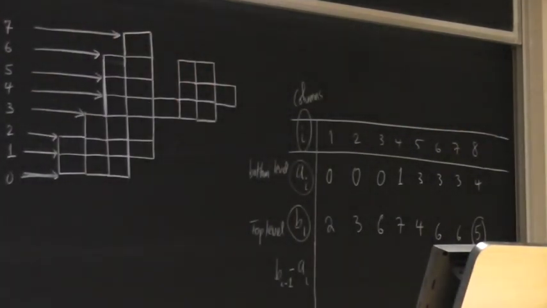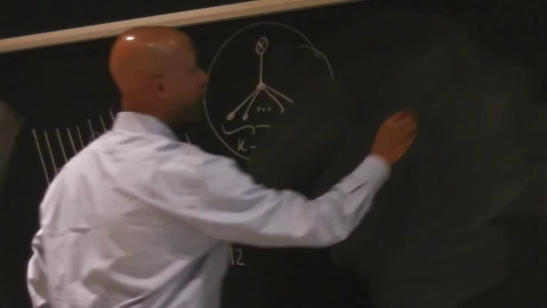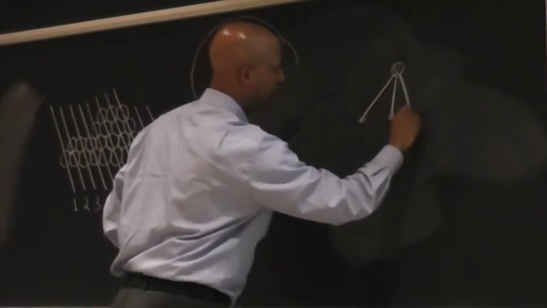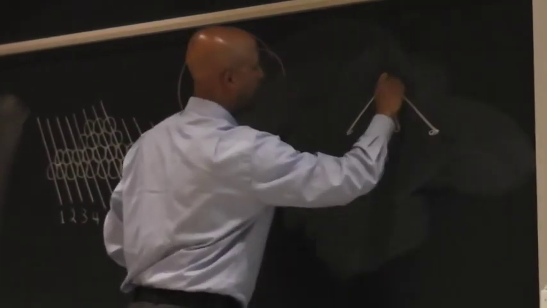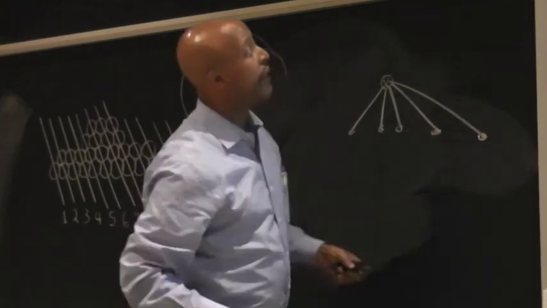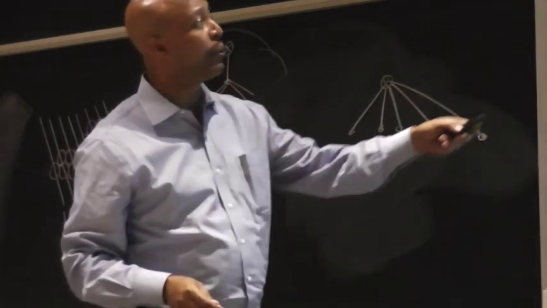So for that one, the ordered tree that we're going to draw is going to have the root with 5 children, since B_w is 5. Now the next step asks you to label the children of the